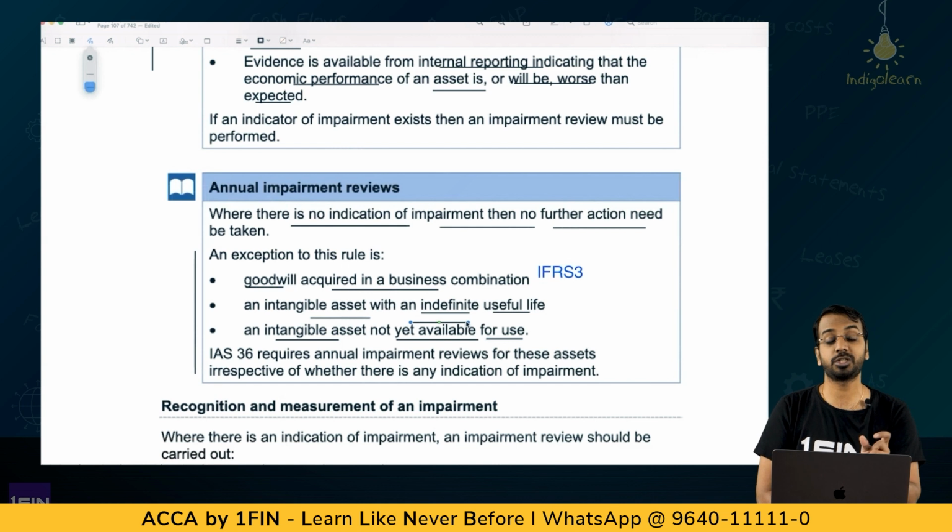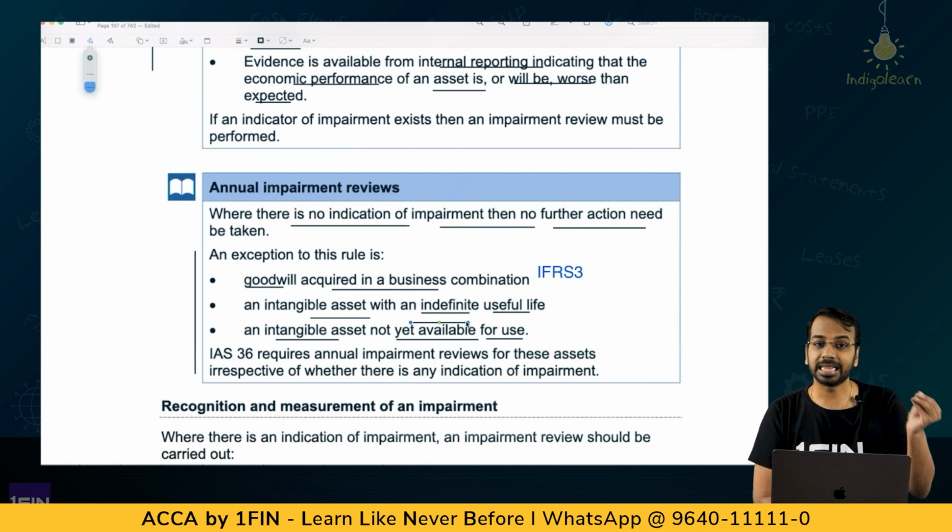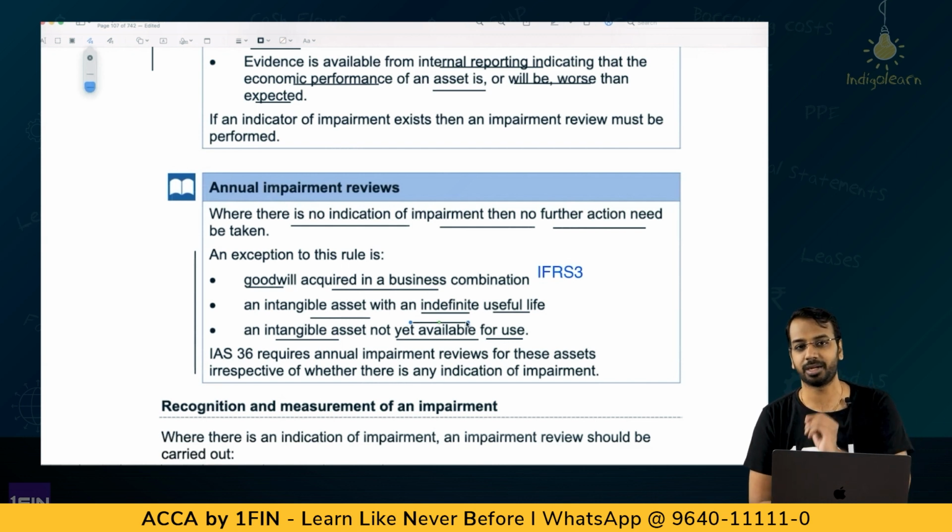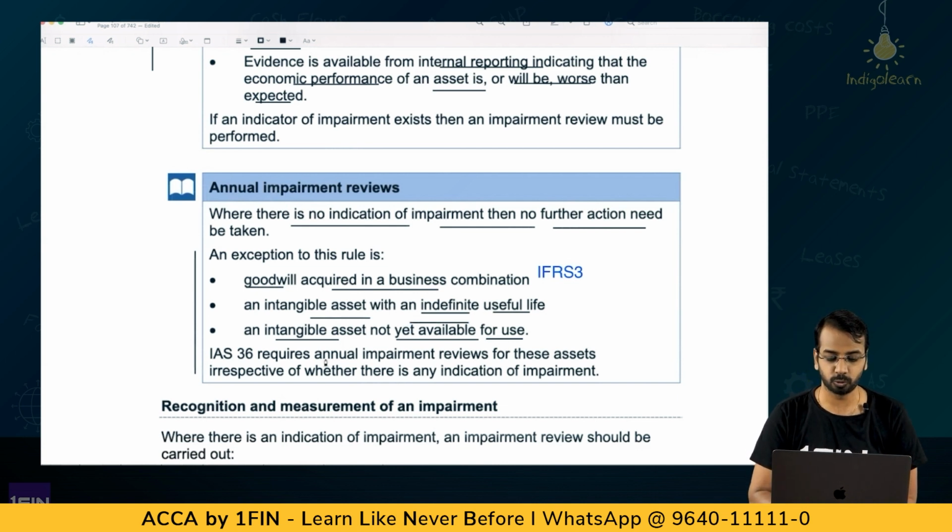Then parallelly you have to see what will be the cash flows in the future, what will be the future economic benefits, what will be the recoverable amount, and that you have to compare with the intangible under development, and decide whether there is impairment or not. So, you have to do an annual impairment review for these assets irrespective of whether there is an indication of